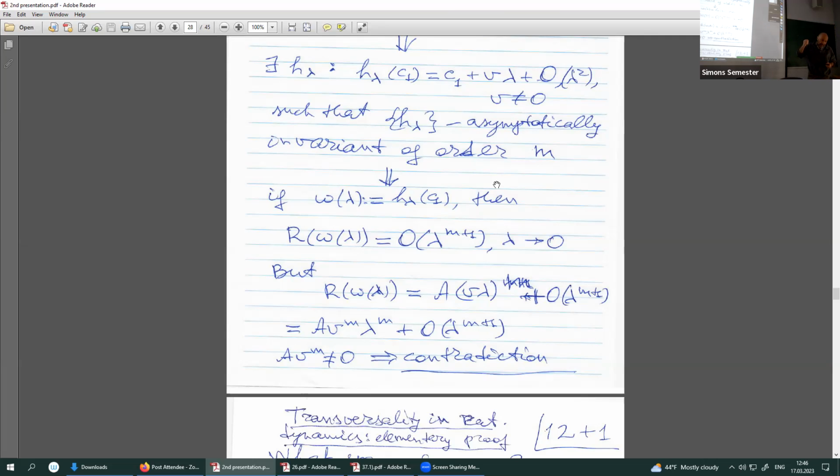Assuming that this transversality fails, okay, it means some equality at the end of this sequence. And then we proved that under this equality, you can extend this field to one holomorphic motion, okay? And in the case of attracting periodic orbit, it in fact